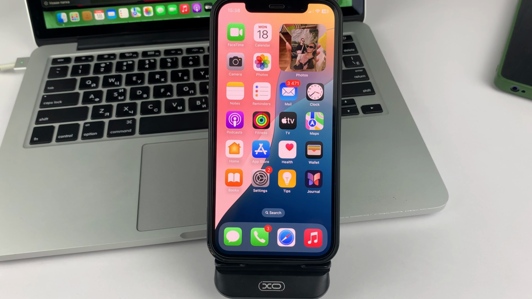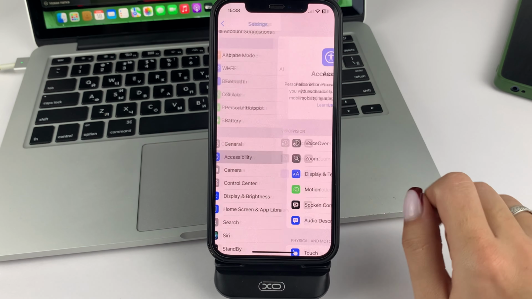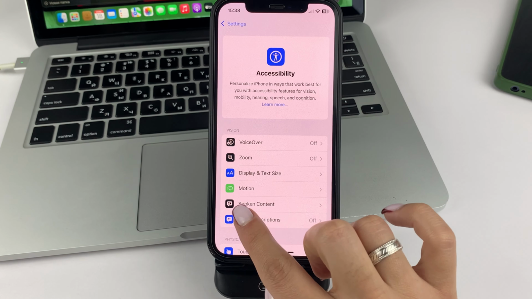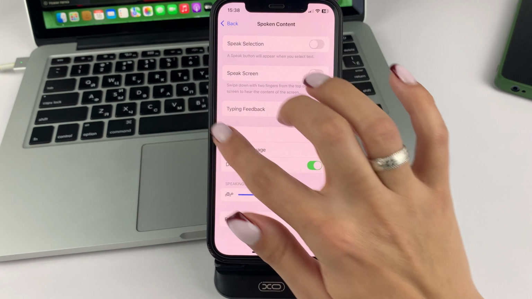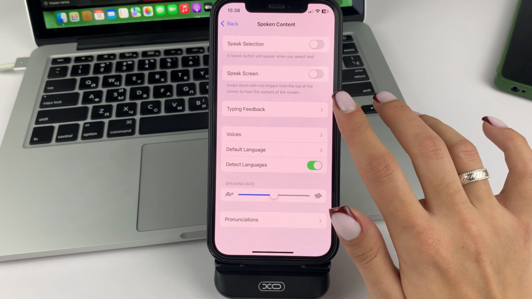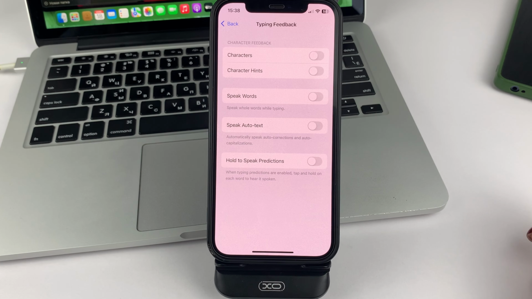First of all, friends, you will need to open the settings on your iPhone and then go to Special Features. Now here select this option here. Next, you will need to select Typing Feedback. And then here you can find all the options that you have enabled.